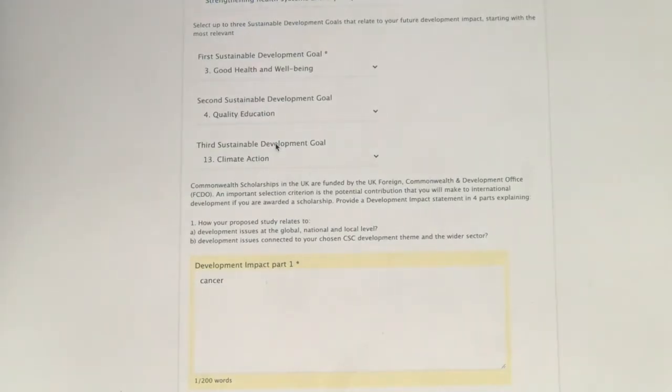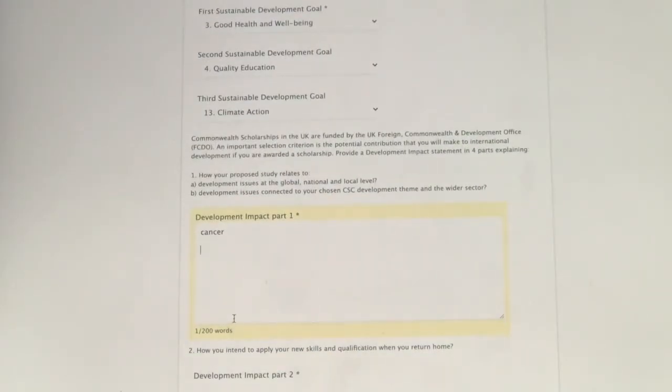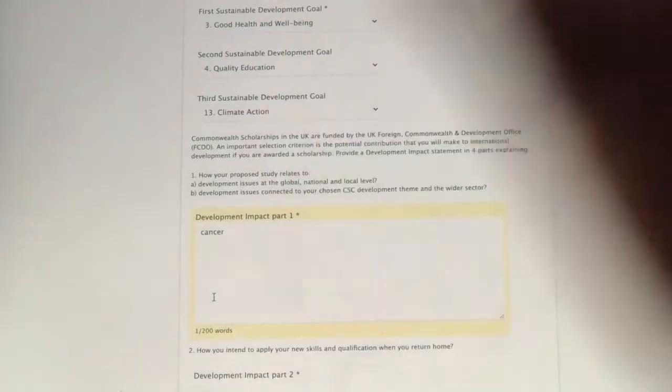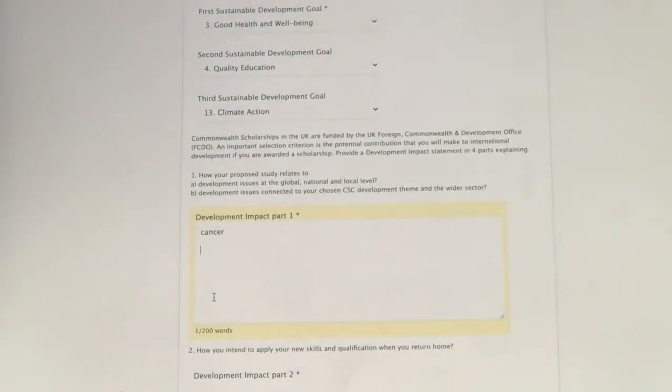So you just have to find a way of linking what you want to study to the global issues. Yeah, I'm sure you can do that. Just have to think so much, and make sure that they are well connected. And then in your last paragraph, because the background information says the potential contribution that you will make, I expect you to talk about how your proposed study is going to solve these problems.